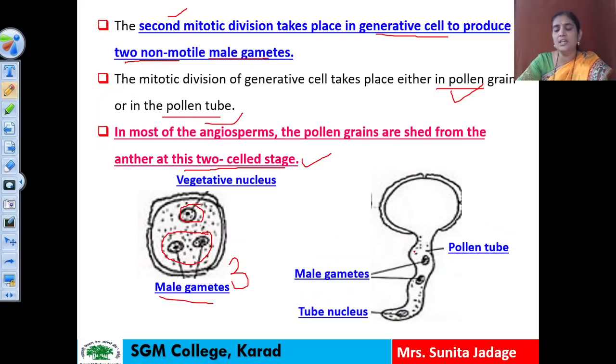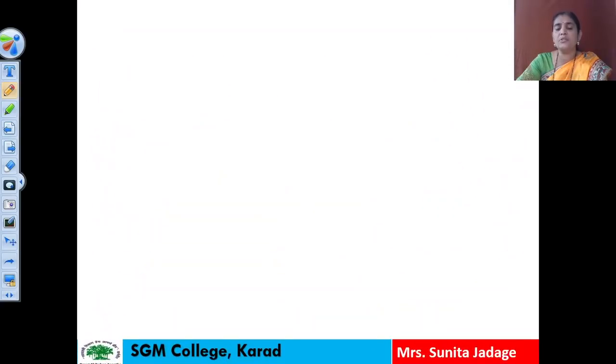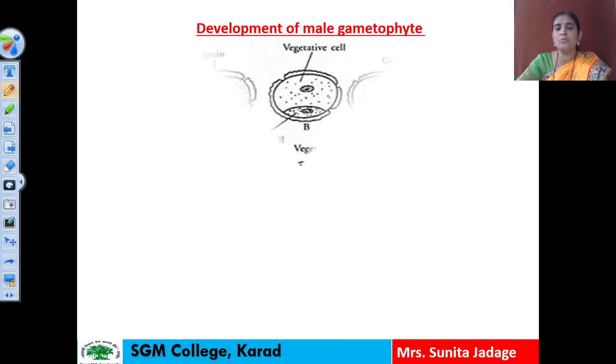And here you can see how this pollen tube is formed. This is the pollen grain and this is the pollen tube. You can see this tube-like structure known as a pollen tube, and in the pollen tube the male gametes will be formed after pollination. So in some plants we see the three-celled stage, or in some plants the two-celled stage, in the development of the male gametophyte, and the tube nucleus is formed inside the pollen tube. In this way, in the angiospermic plant, the development of the male gametophyte is taking place from the pollen grain.